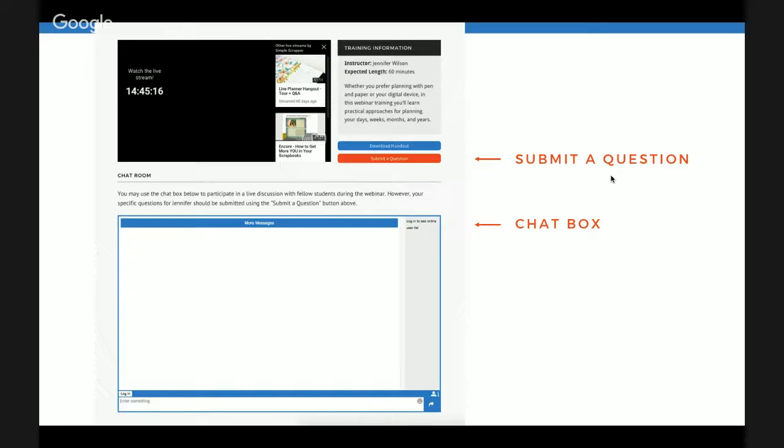And then we also have the chat box below where you guys can talk amongst yourselves. And I see that's already happening here. One of the first questions I asked when we popped on was, where are you from? And so I would love to hear where you're from as well. I am here in central Illinois, where we're having a little bit of milder weather this week. So that's nice because I know it's going to get really cold. All right.